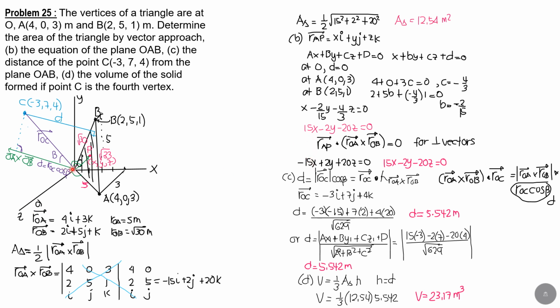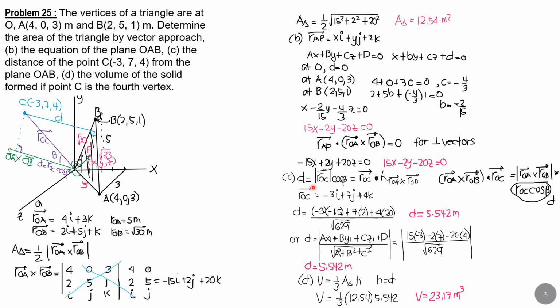So we have OA cross AB. Negative 15 times x, I dot I, so we just multiply negative 15 times x, negative 15x. Then 2 times y, so 2y. Then 20 times z, 20z. Rearranging, making negative 15x positive, you have 15x minus 2y minus 20z equals 0, which is the same as that.